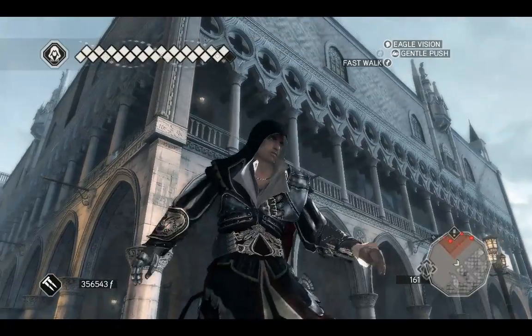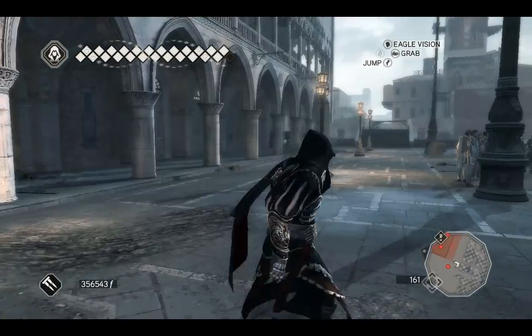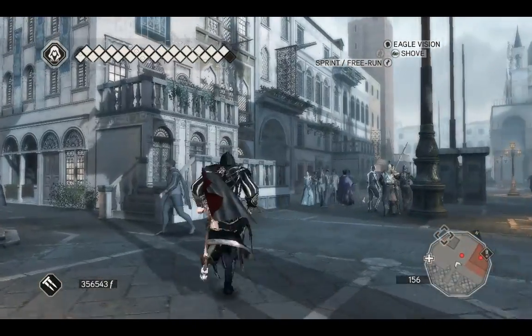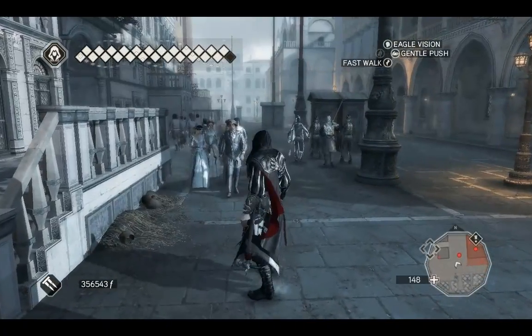Yeah, no, we can't climb in from this side. I'm pretty sure we can't. And there's gates on top. Yeah, never mind. We can't get inside from here. Alright, so the next thing we're gonna look at...